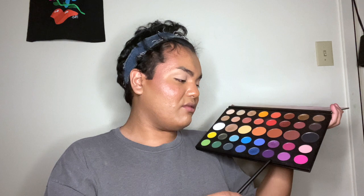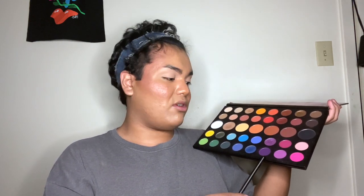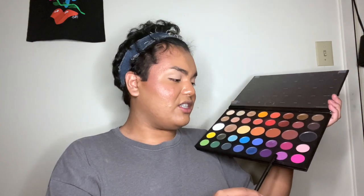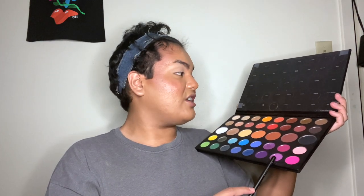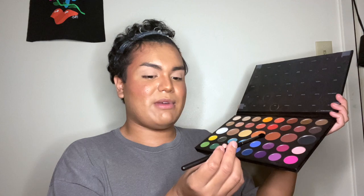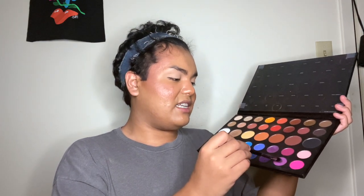Now for the colors that I want to use, I'm looking at the colors that I think would complement each other when it comes to purples. Normally I'm looking at these two right here. What I'm going to do is start with the transition shade, which would be this one right here. This is the shade Single. And I'm going to take my Morphe M330 brush and dip it into here,